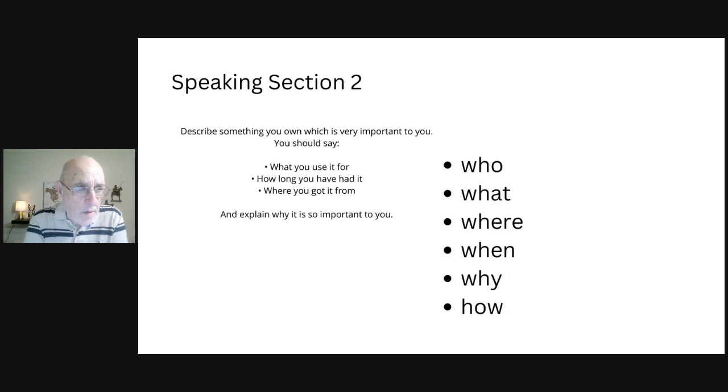So I want to talk about something that's very important to me, and it's a pocket watch that I received from my grandfather many years ago, and I've held on to it. And when I need inspiration or just want to think of my grandfather and remember all the stories that he told me and helped me through life as I faced difficulties and challenges,